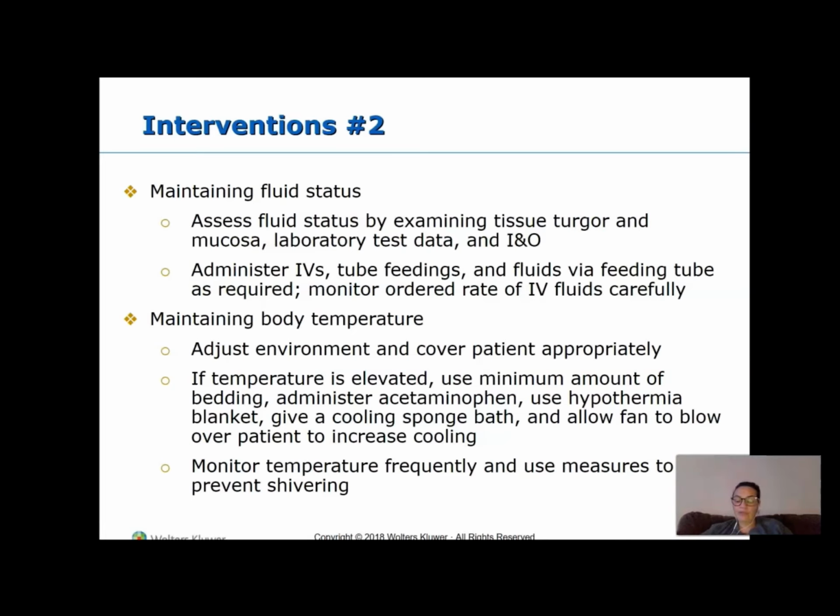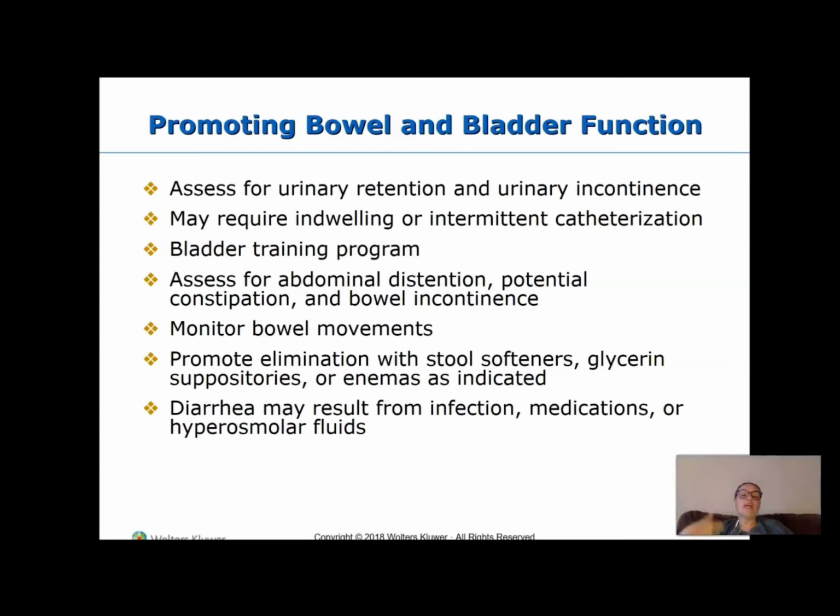Okay, so bowel and bladder function. Somebody like this, and they can have some minimal movement. You want to probably do some training up every few hours. Assess. You don't want to forget the incontinence. Possibly the use of, and it's going to depend on patient order. We have to maintain skin integrity. Catheter may be okay for temporary. Bladder training. This may be they're on a schedule like everything else. If they can get up to or sit up for a bedpan, if they can use a bedside commode, you have to set an alarm for yourself and know this is how they are going to get retrained, and the same for the bowel. Okay. How would you know? Distension, discomfort. Bowel